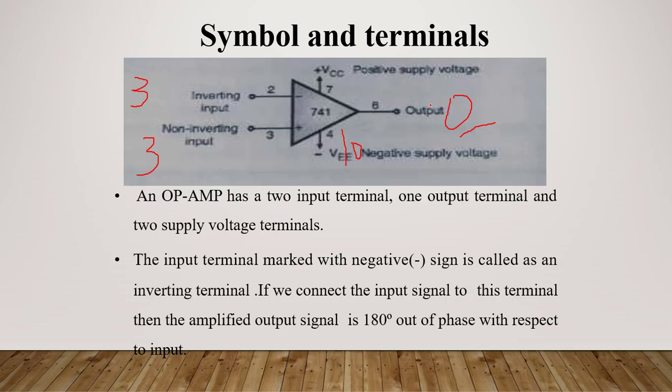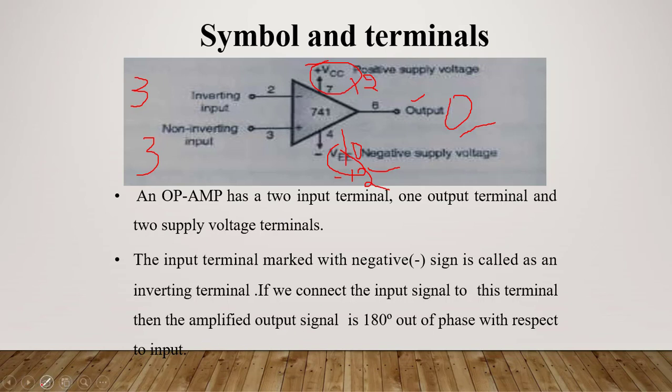Now the question arises, what will this plus VCC and minus VEE do? Why are we using this? This is actually the power supply. Okay, this power supply gives the maximum output I can get here. If I give VCC as 12 volt and this as minus 12 volt, remember that plus VCC and minus VEE values remain the same, only the magnitude, one is plus, another one is minus. Usually we will give minus 12 to plus 12.